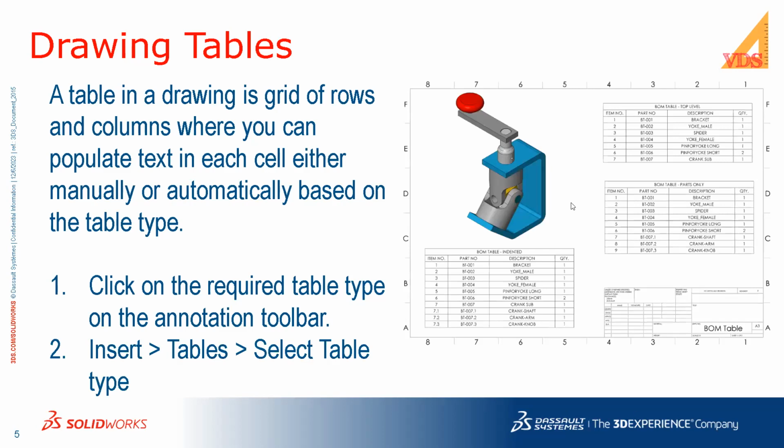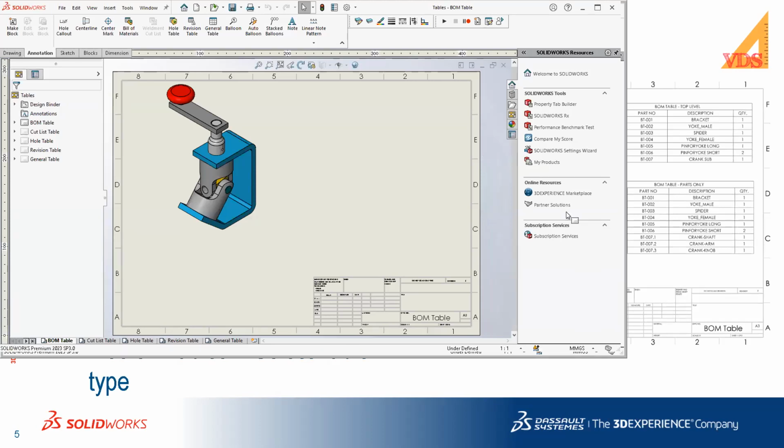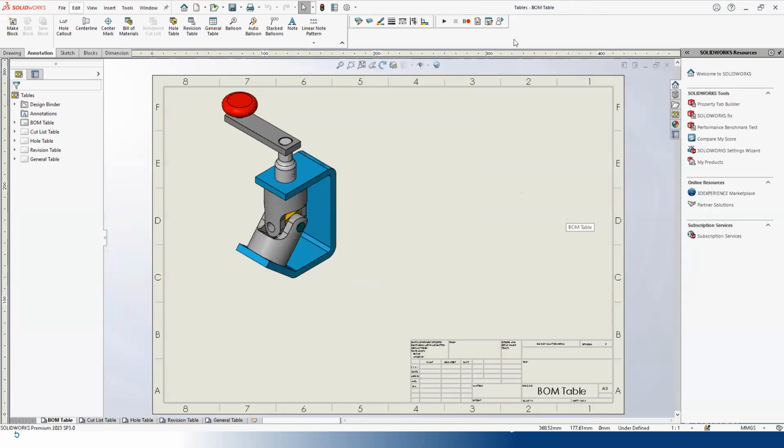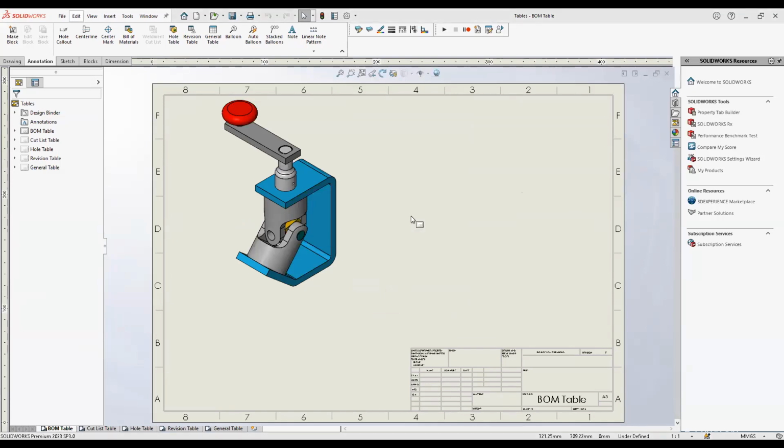So let's start SolidWorks. Okay. So is the SolidWorks screen visible? Yes, yes, it is. Okay, so